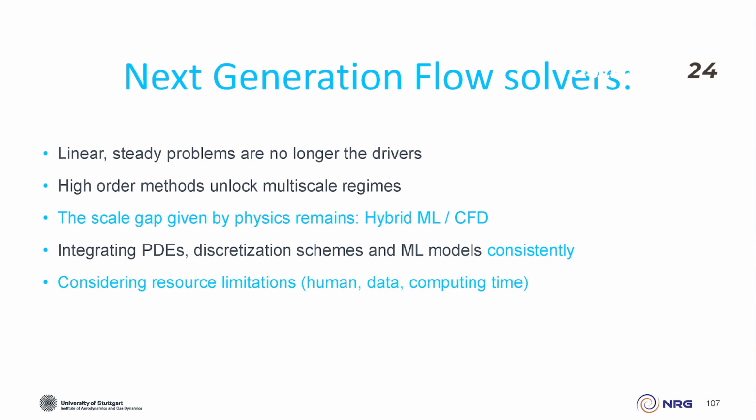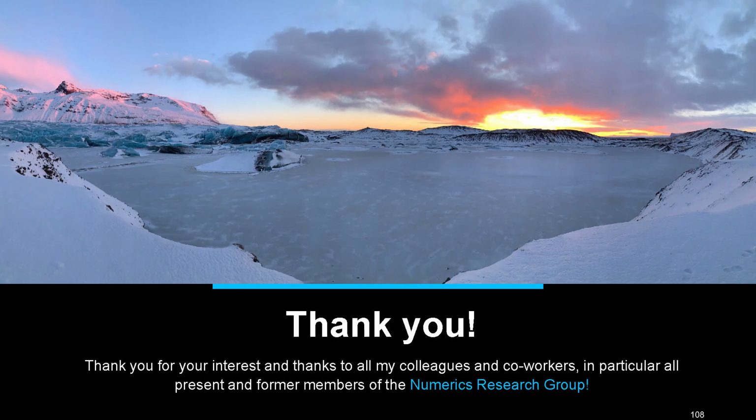No matter how high-order accurate my scheme is, the physics scale gap is always larger than what I can account for. So I'll need some form of scale bridging models. This is where machine learning and CFD can come in. And what I've kind of skipped over was how we can integrate the PDE, the discretization scheme, and the ML